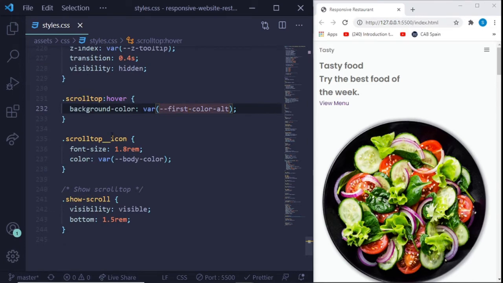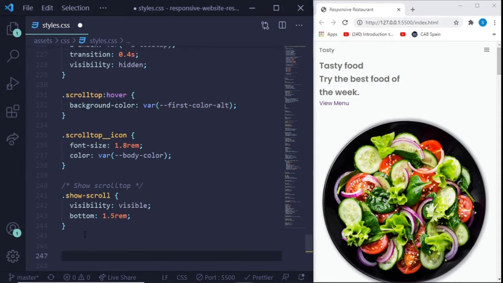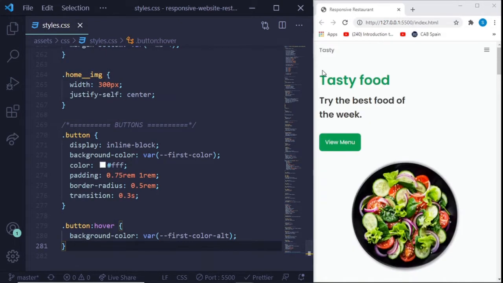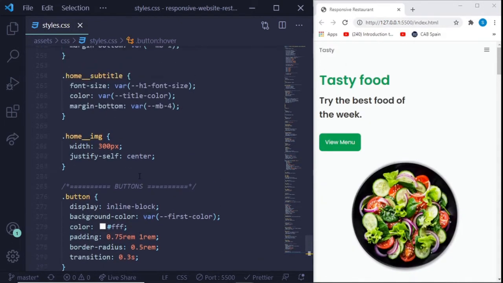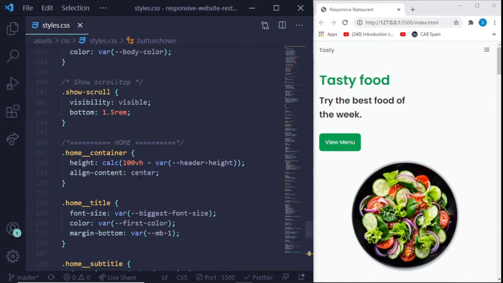Set the icon, scroll top icon. Set the scroll top icon, font size 1 rem, color, body color, and also we gave it visibility visible, show scroll, and then bottom 1.5 rem. Now for the home section of this HTML, you can see right here, this is the home section. What we did right here is obviously we styled the button, we styled the fonts, gave it green, made them bigger,